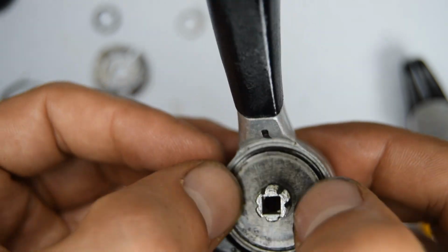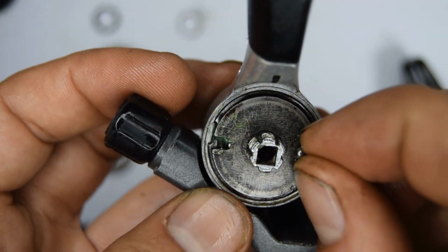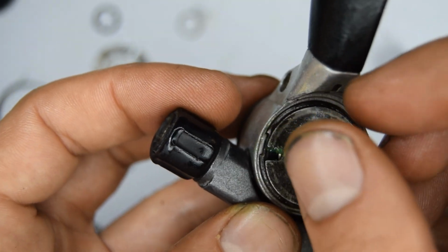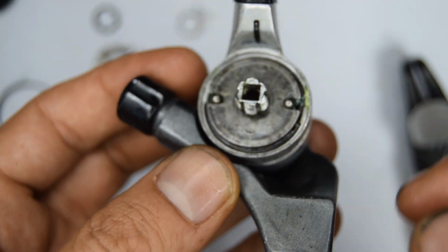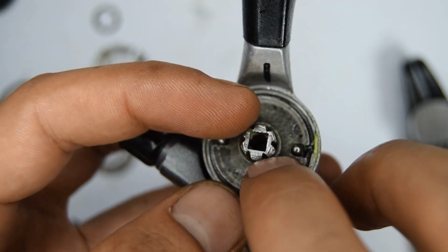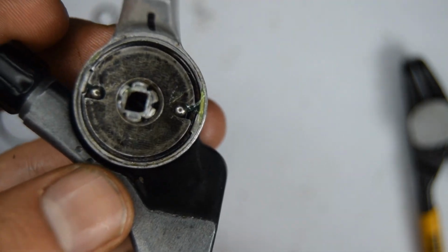So seat that in properly. Let's put the ball bearings in now. I've added a bit of grease on the slots where they go. That will obviously lubricate them, and it will also hold them in place. So there's a tiny ring that we're going to put on the top of that, and that's probably to keep